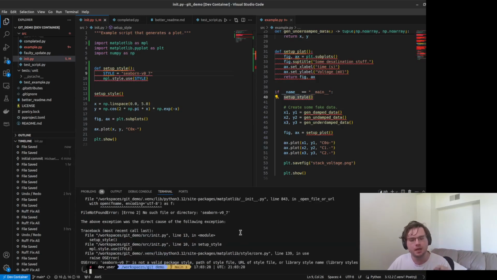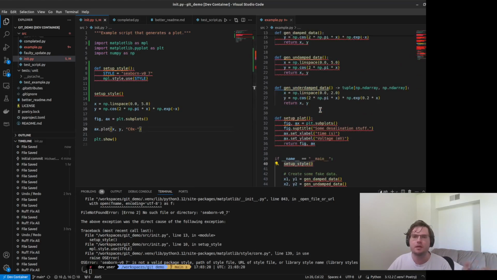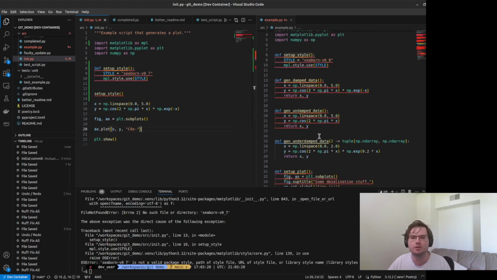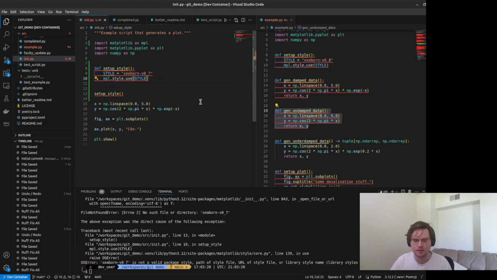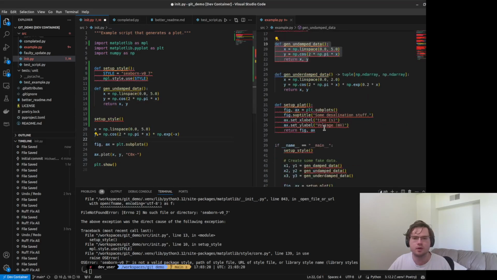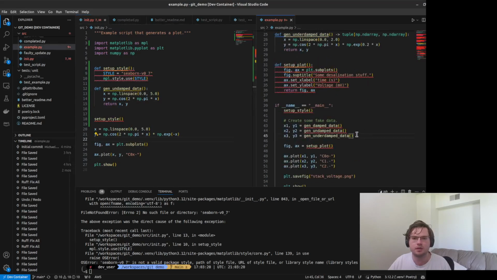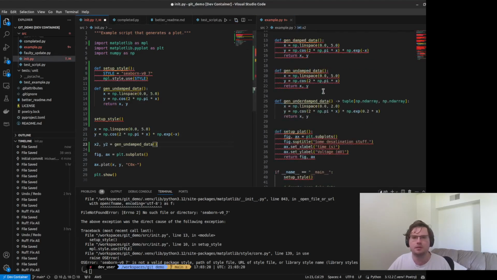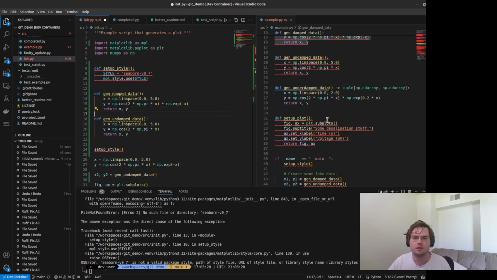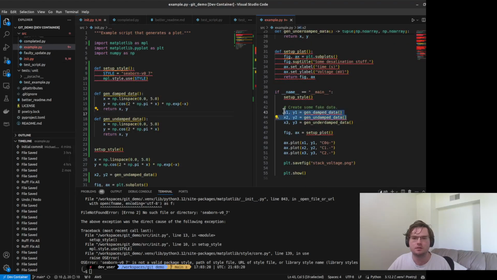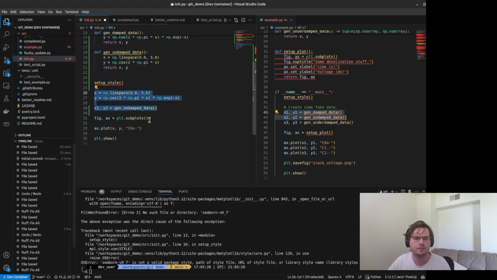But let's say that at the same time, my coworker Jeff, for example, was trying to set up this different section where we also had an undamped set of data. So maybe he's adding in this function at the same time, and he's trying to set it up to run that extra function. So maybe he's getting gen undamped data, it's x2. And maybe let's even just add in the original one as well, so it makes a little bit more sense. And we're going to take these two, place that whole section, and plot both of them.